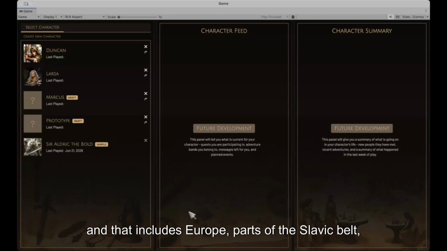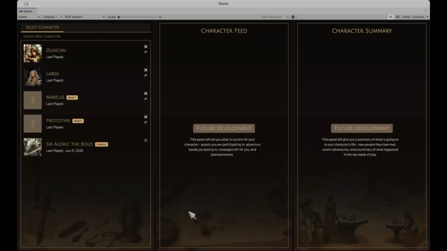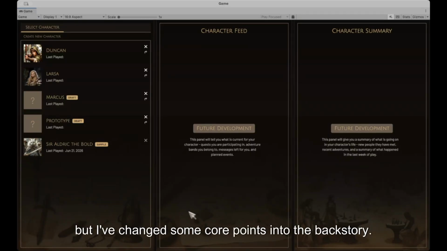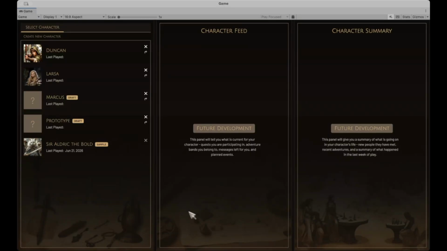And that includes Europe, parts of the Slavic belt, Mediterranean, and Northern Africa. And that's the waking world backstory world.